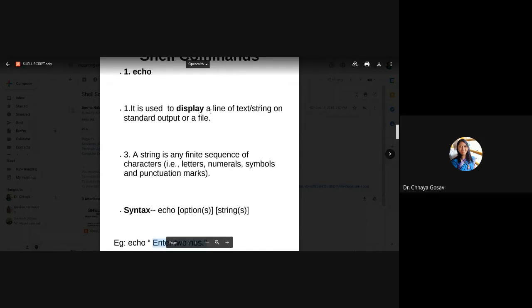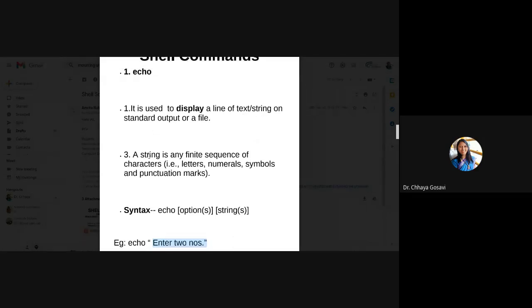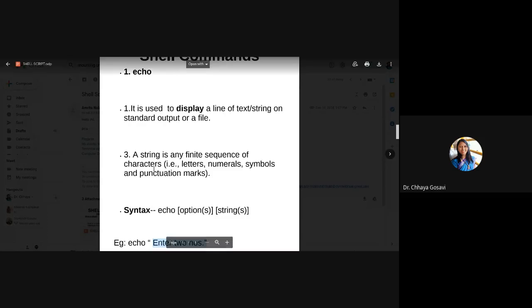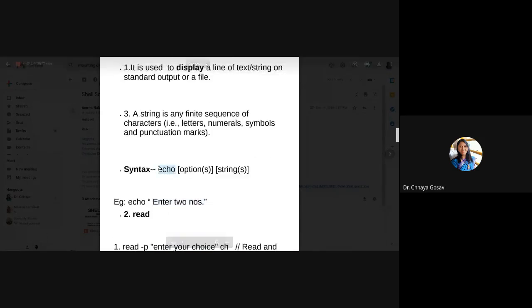It is used to display a line of text string on the standard output or a file. A string is any finite sequence of characters, letters, numerical symbols, and punctuation marks. The syntax is the command echo, and you can give one or more options and the string. So suppose I give echo and enter two numbers. And the read command reads data from a user. It is like the scanf command.